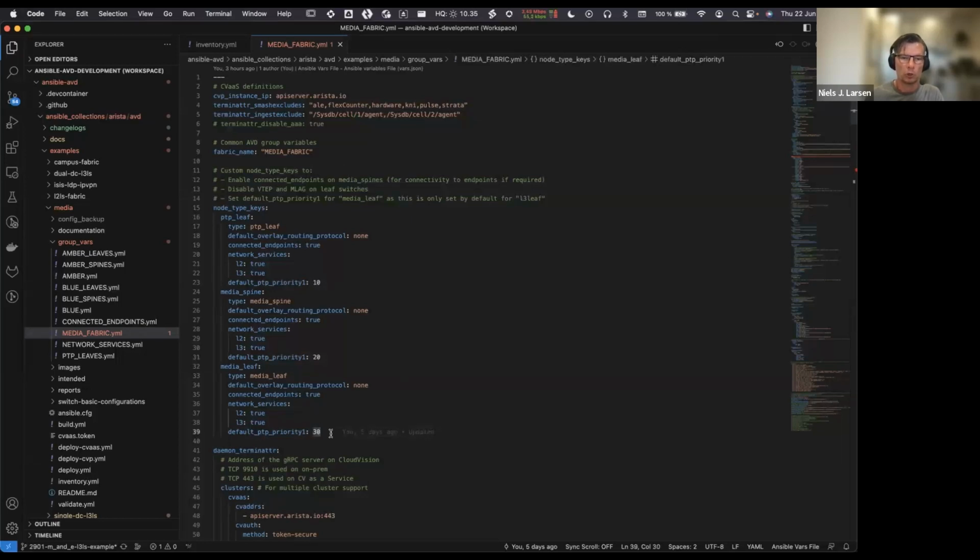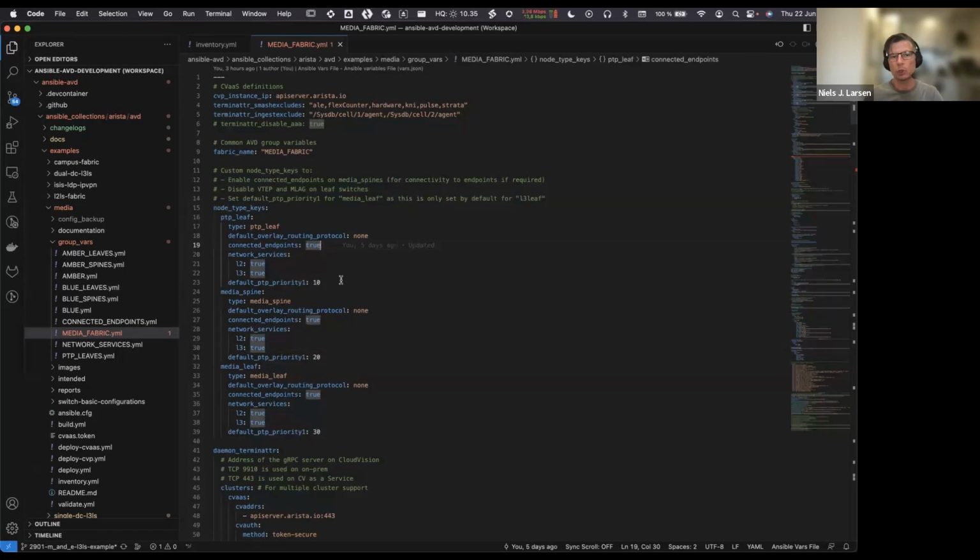We have some node type keys. This is AVD specific, again, to control the different characteristics of the different types that we use. So for the PTP leaves, for example, we don't have any overlay routing protocol specified, or the same for the spines and media. If we were using a traditional data center network with EVPN VXLAN, for example, we would specify a routing protocol.